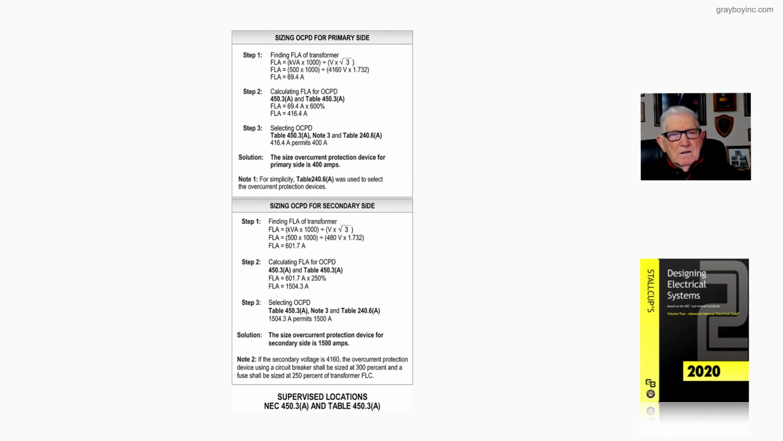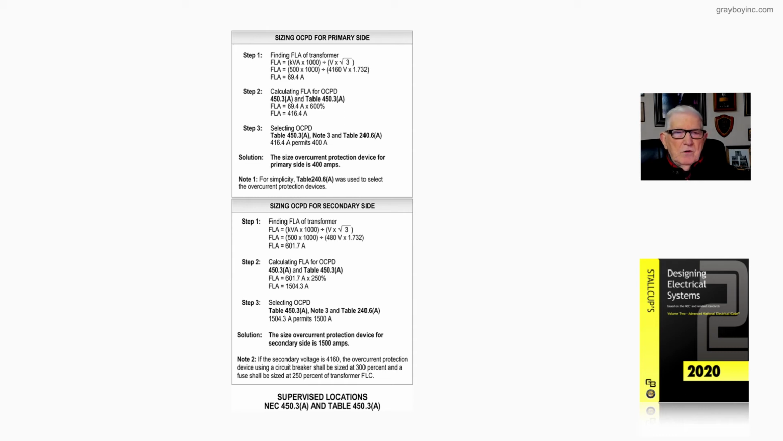Now, for the secondary side, step one will be a little different. We'll take 500 kVA times 1,000 divided by 480 volts times the square root of 3, and we have a value of 601.7 amps. From Table 450.3(A) now, we would select